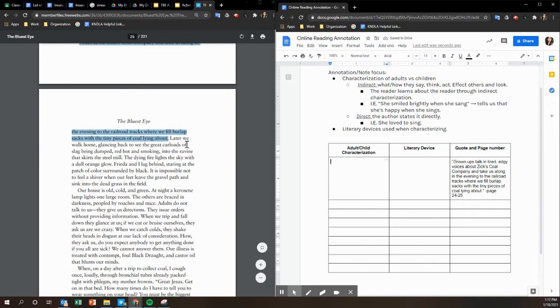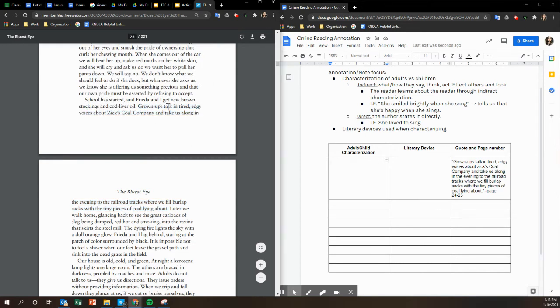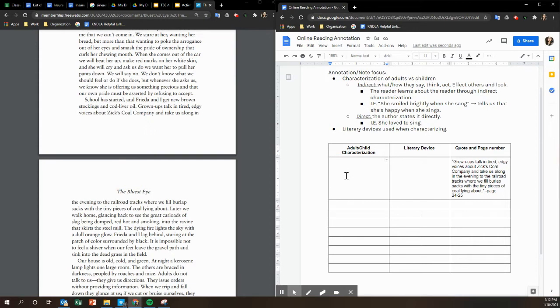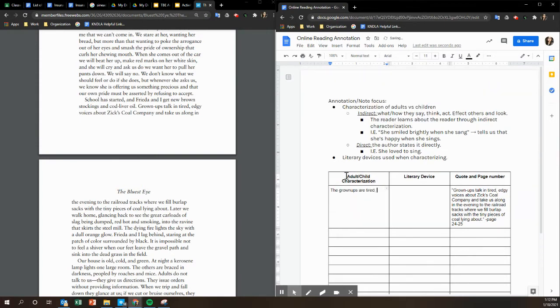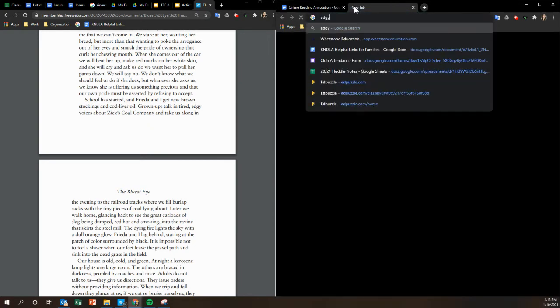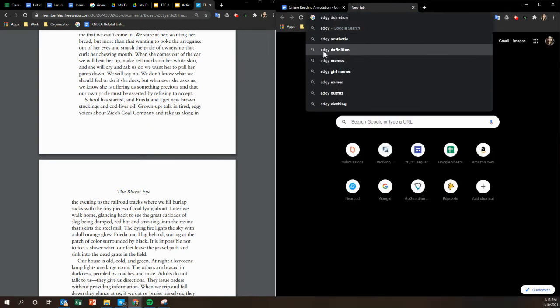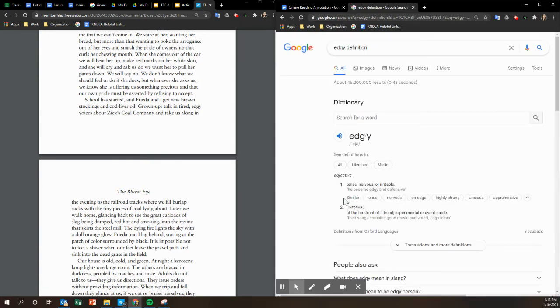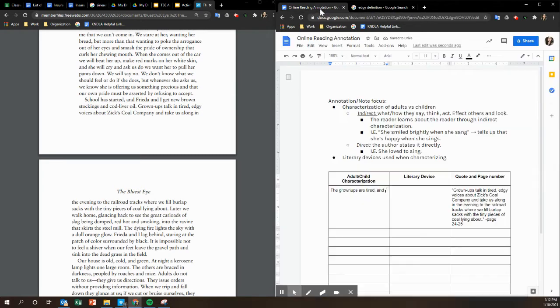Now, how does this characterize the adults? They talk in tired, edgy voices. So maybe we can say the grown-ups are tired and edgy. What does edgy mean? Let's Google it. Edgy definition. Let's look. Tense, nervous, on edge, anxious. So the adults are tired and anxious,